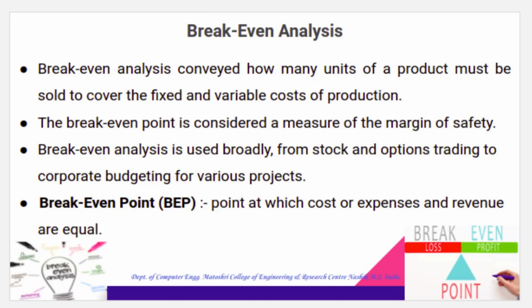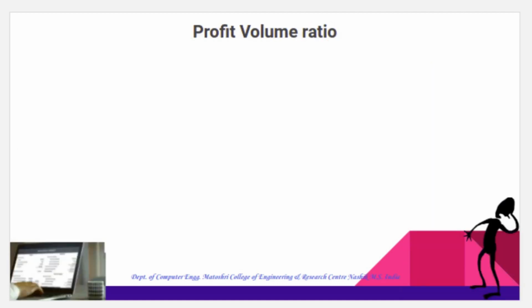Next we will see the profit volume ratio. A company determines the selling price of its product after calculating the fixed cost and variable cost involved in production and the sale of the item produced by it. Along with the break-even point, there are two other important workings in this process, for example, profit volume ratio and margin of safety. Let us study how companies can examine all these.